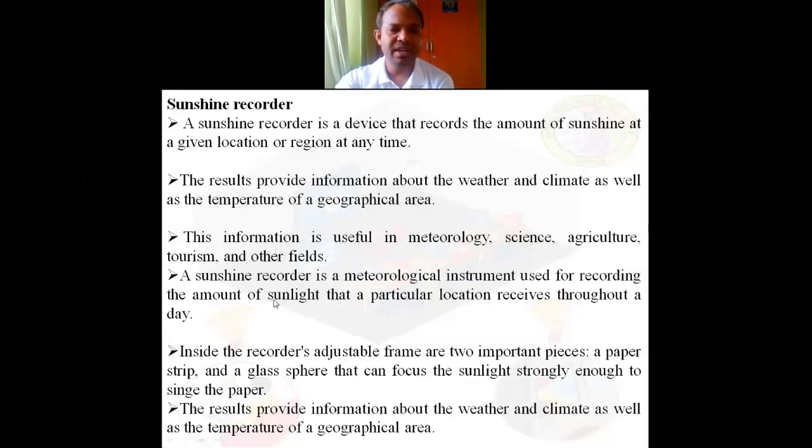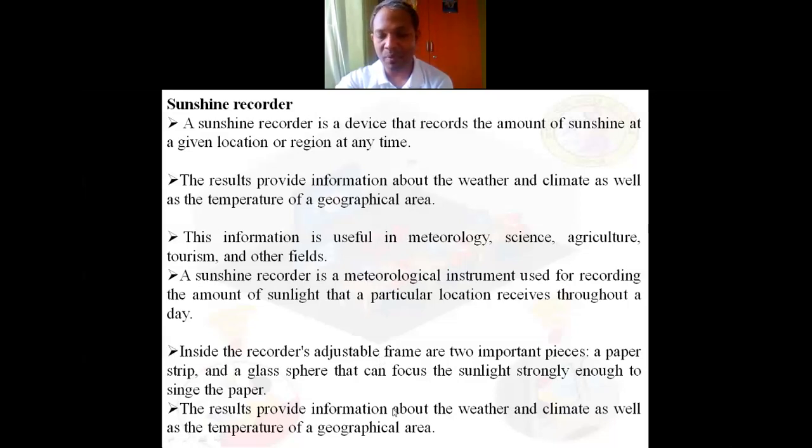That's okay. Inside the recorder's adjustable frame, two important pieces will be there: a paper strip and a glass sphere that can focus the sunlight strongly enough to burn the paper. Is it clear? The results provide information about the weather and climate as well as the temperature of the